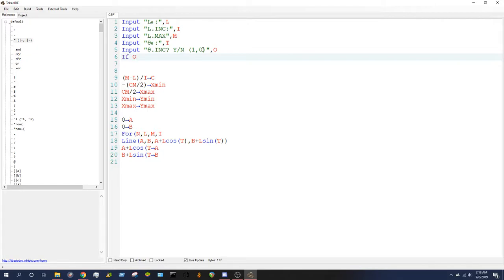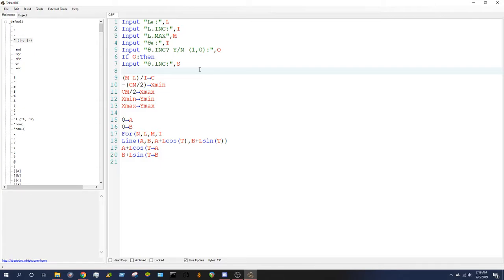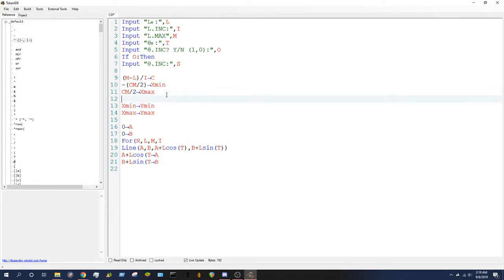And then if O, then input theta.inc. I'm going to add my colons here and here. And then this should be set to S. Okay. Now, I can use O. I can say, okay, so if O is 0, then I can do whatever. And then I can also set the X mins and maxes over here. So I'm just gonna keep... Okay. I can actually just keep this at the end because no matter what, that's gonna be the same